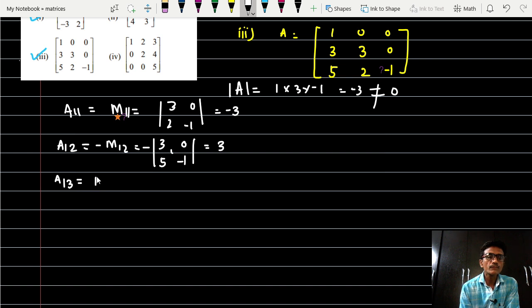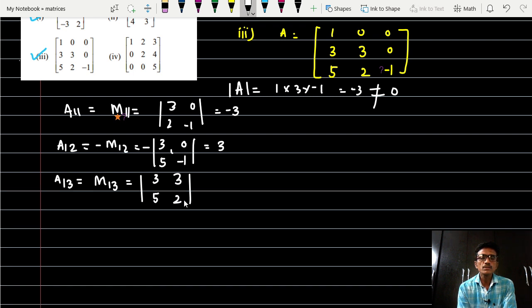Then A13 is equal to M13, which is the value of the determinant deleting the elements of the first row and third column. This is 3, 3 and 5, 2. So 3, 3 and 5, 2. So the value of this is 3 into 2, 6 minus 15. So that is equal to 6 minus 15, which is minus 9. Then